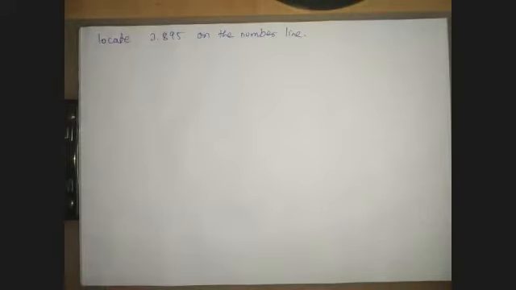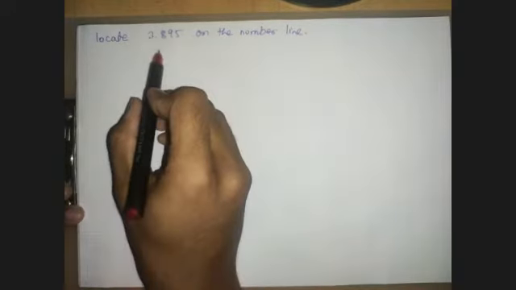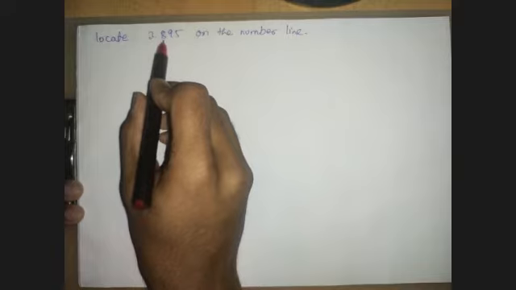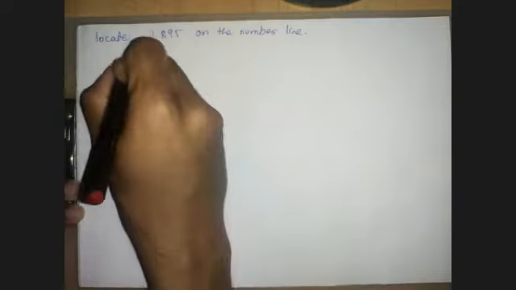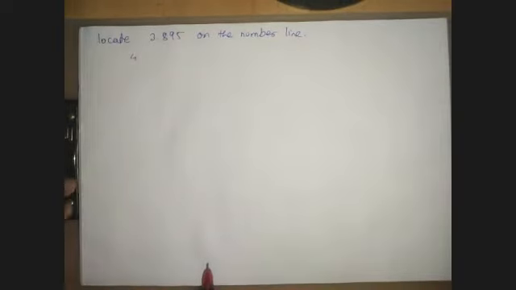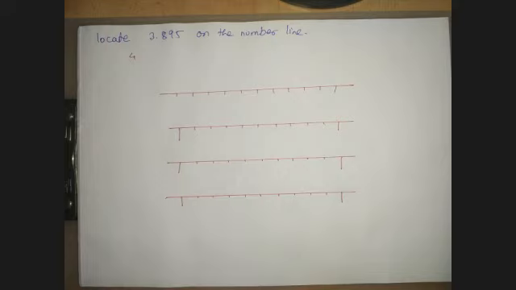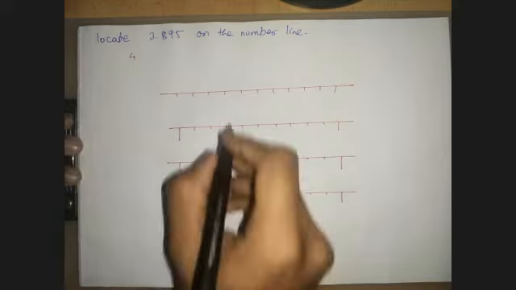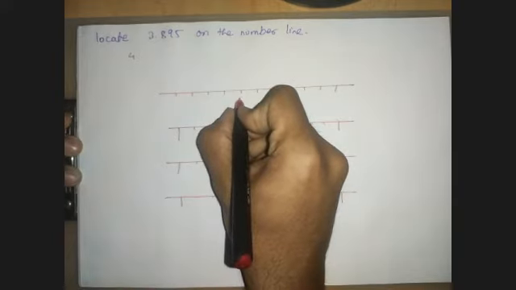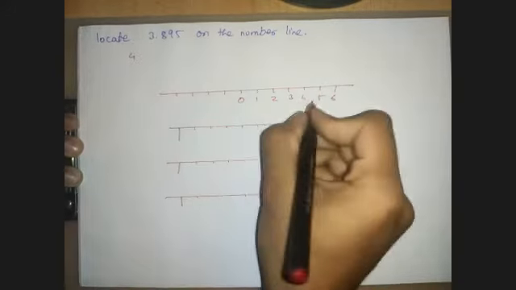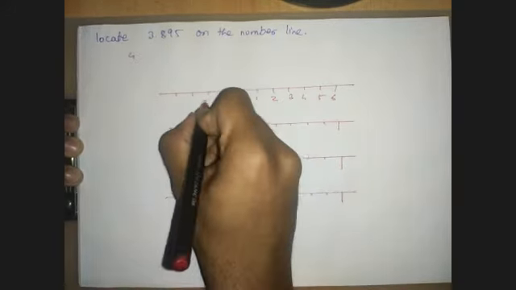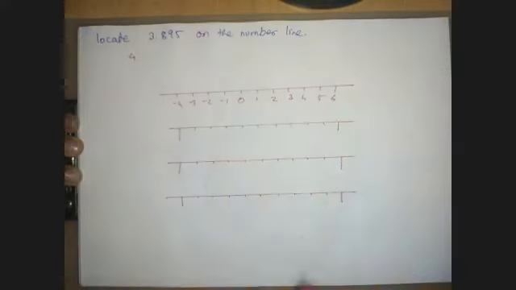So let us have another example for the sake of understanding. Let us represent 3.895. So we have 3 decimal places, 1, 2, 3, and a whole number. So 3 plus 1, we need 4 number lines. So let us draw that in the first case. So I have already drawn the number lines. So 4 number lines required to represent this number. So let me first represent our natural number line, that is 0, 1, 2, 3, 4, 5, 6. Or the integer number line, -1, -2, -3, -4.